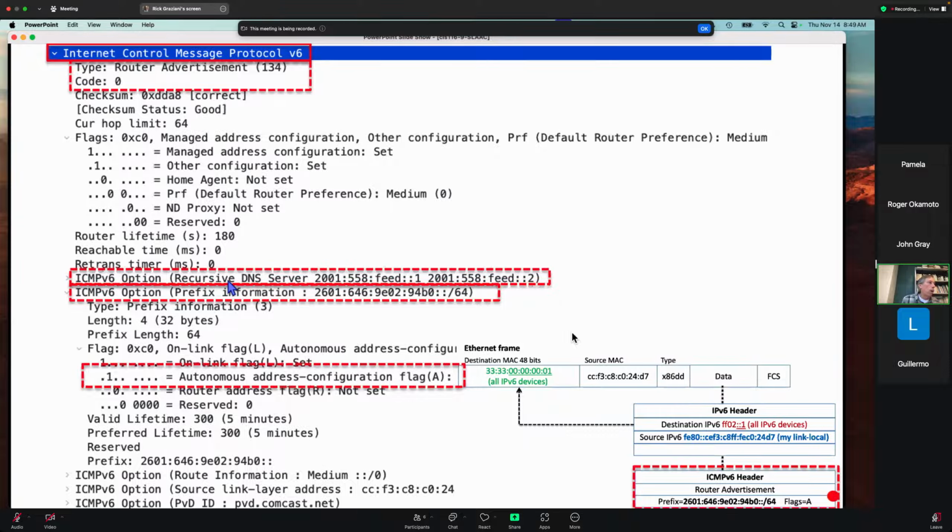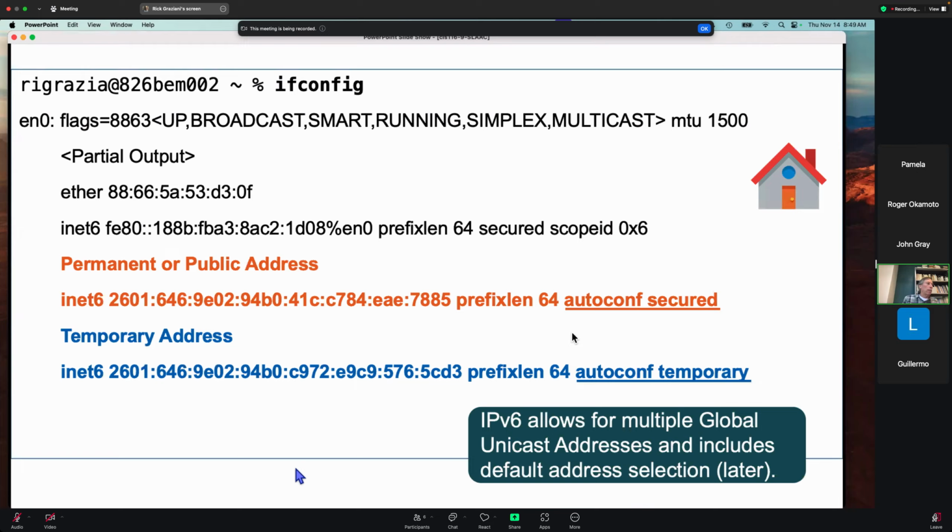Oh, there we go. There's our DNS server. So it says, hey, if somebody typed in a domain name and you need the IPv6 address, here are the servers you can ask to give you the IPv6 address. All right, so